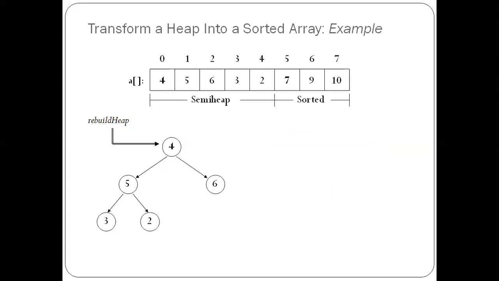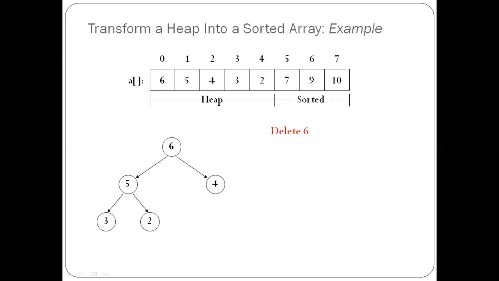So this will be the tree you will be getting, and based on the 4 you will be doing the heapify. You can see 7 is added into the deleted part, and 4 will be coming as the first node. So that will be the root. With respect to 4, again I am doing the heapify procedure. 4 is not satisfying the heap property, so 4 and 5 will be interchanging. Sorry, 4 and 6 will be interchanging because 6 is the largest out of its children. So 6 and 4 will be interchanging.